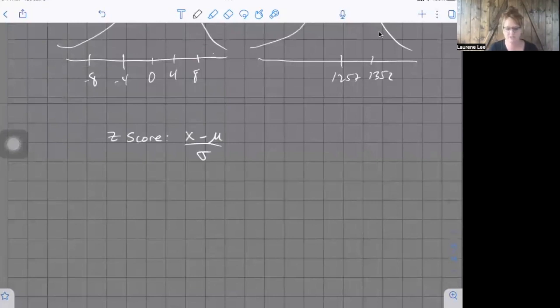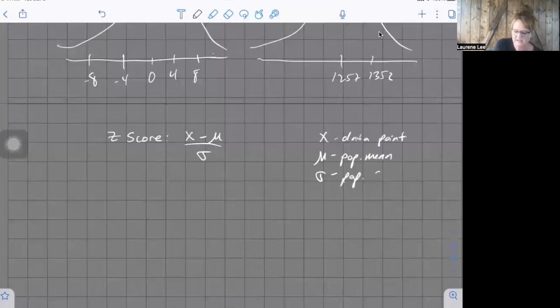So let's review notation. X is going to be your data point, the data point that you want to standardize. Mu is your population mean, and sigma is your population standard deviation. So you need to know all those points of information. Now, where do you get those points? I could give you a data set and you could calculate the mean and the standard deviation on your calculator. We've talked about how to do that before. I also could just tell you what the mean and standard deviation is, which is what I'm going to do